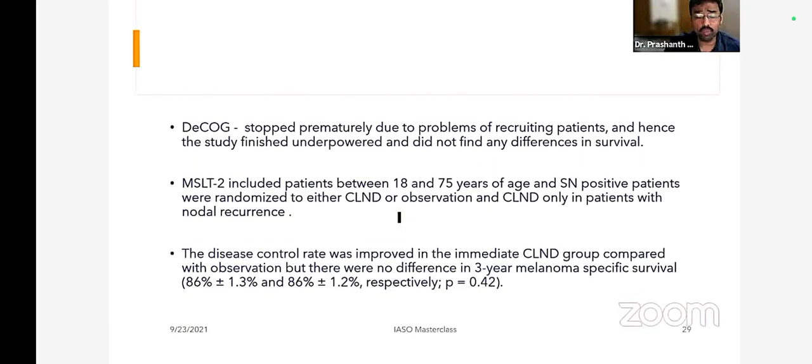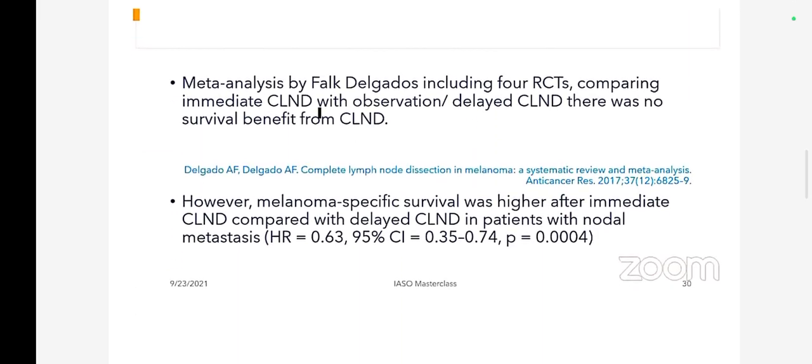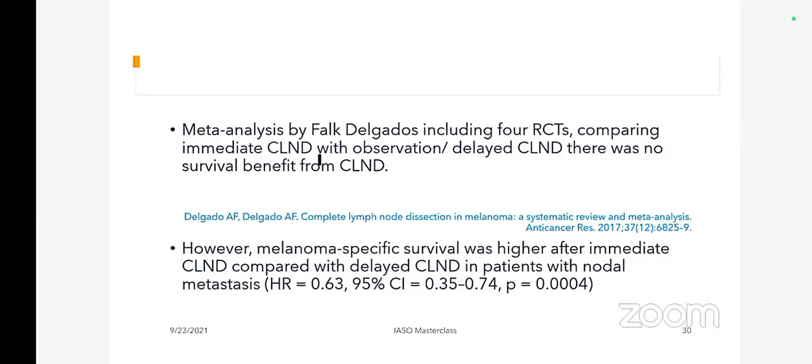ठीक है, तो डीकॉग बोल स्टॉप हो गया क्योंकि कुछ फ़ायदा नहीं है, स्टडी फिनिश अंडरपावर्ड थी, कोई डिफरेंस नहीं मिला सर्वाइवल में। और MSLT2 बोल रहा था कि 18 to 75 ईयर्स का अगर एज ग्रुप है, सेंटिनल लिम्फ नोड बायोप्सी है, तो उसको रैंडमाइज़ किया है, लिम्फ नोड डिसेक्शन करना है कि ऑब्जर्वेशन करना है। डिसीज़ कंट्रोल रेट इम्प्रूव हुआ है इमीडिएट CLND में वर्सेस अगर हम सेकेंड स्टेज में करते हैं, पर OS बेनिफिट कुछ नहीं मिला है। तो एक फॉल्क डाल्गार्ड का कुछ मेटा एनालिसिस है, इसने बोला कि 4 RCTs को कंपेयर किया, इमीडिएट कंप्लीट लिम्फ नोड डिसेक्शन विथ ऑब्जर्वेशन, देयर वाज नो सर्वाइवल बेनिफिट फॉर CLND।